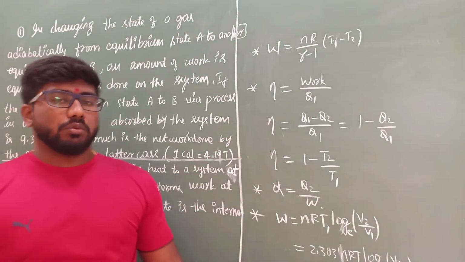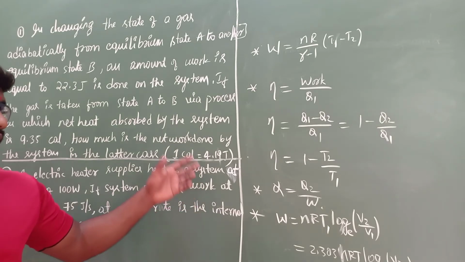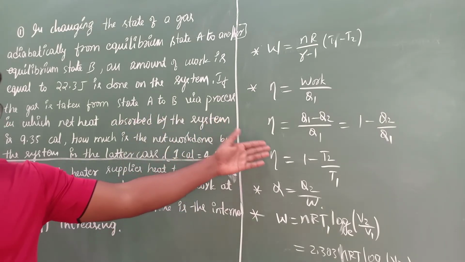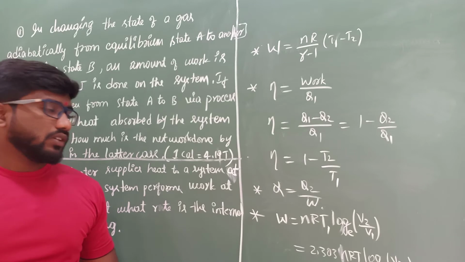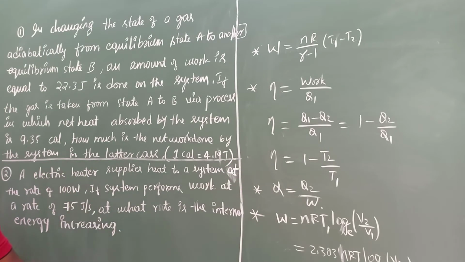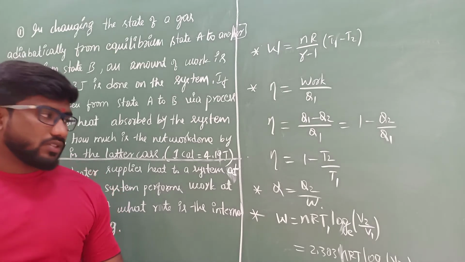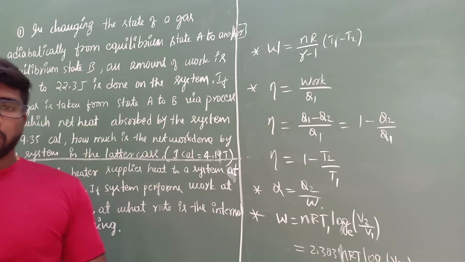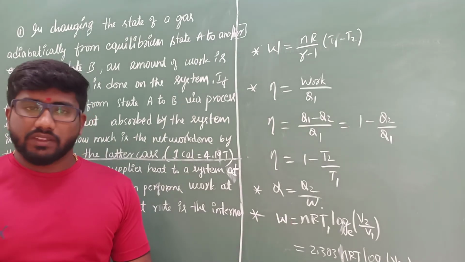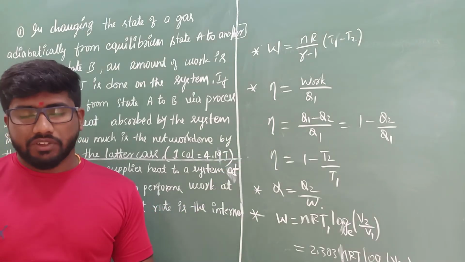These efficiency formulas are what we actually use. While solving numericals, sometimes we take this equation, sometimes this one or that one. It depends on the numerical, so we change the formulas accordingly and solve the given numericals. This is the list of formulas we studied in this chapter. Just go through it and recall the things. Frankly speaking, the problems are very easy, and normally they ask numericals based on efficiency only.